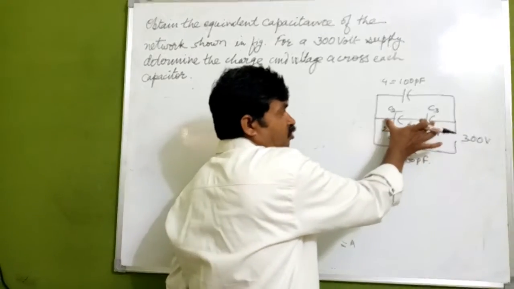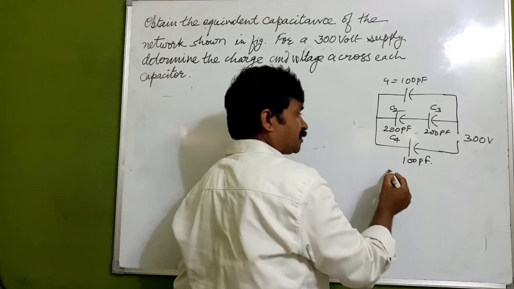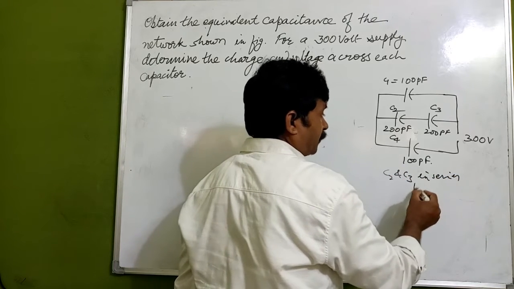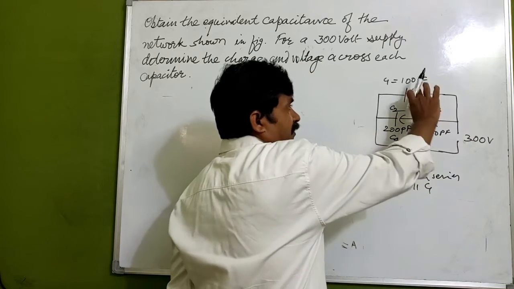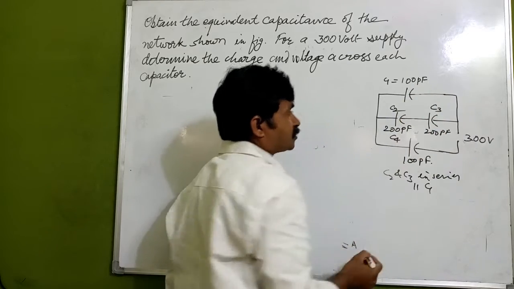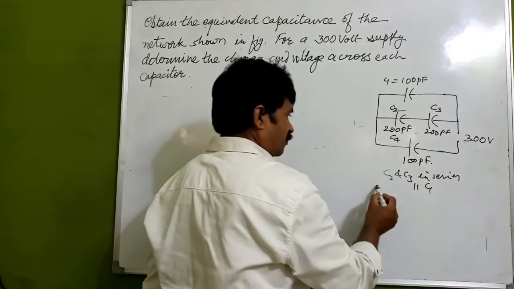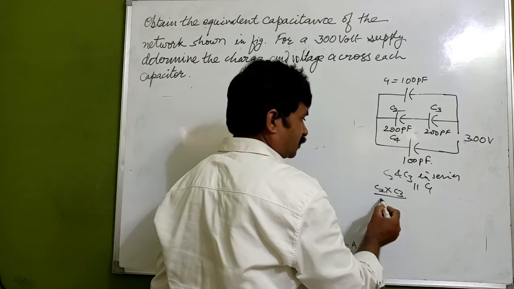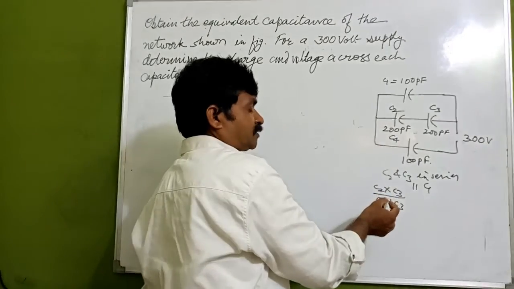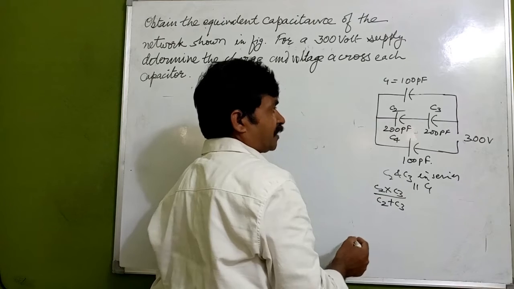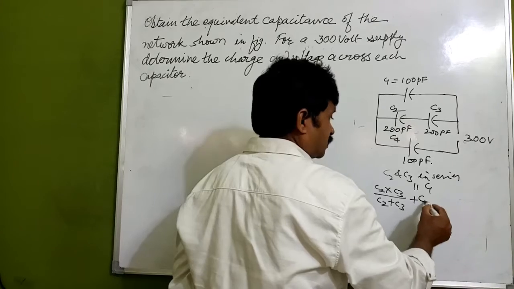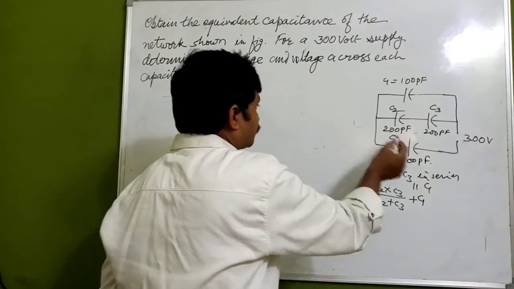Now if you see this, C2 and C3 are in series and in parallel with C1. We will first go with the calculation of this. So both are in series. For this C2 C3 combination, it is going to be C2 into C3 upon C2 plus C3, that is 1 upon C2 plus 1 upon C3. So this total capacitance will be given by this relationship, and this is in parallel, so we can add this C1. So this is the total capacitance which we are getting here.